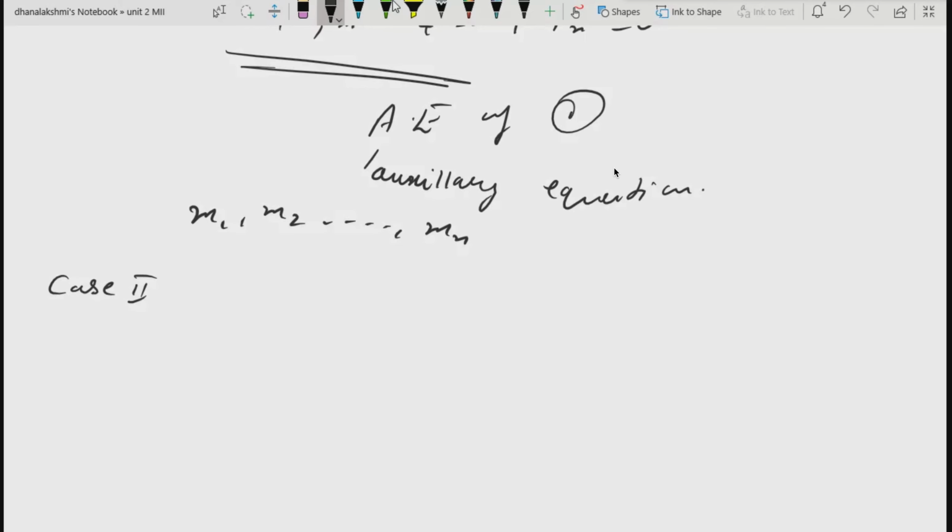Okay, case 1, when all of my roots are real and distinct. In that case, the solution is given by, suppose all these roots are real and distinct, then the solution, I'll mention here the reason. If all roots,